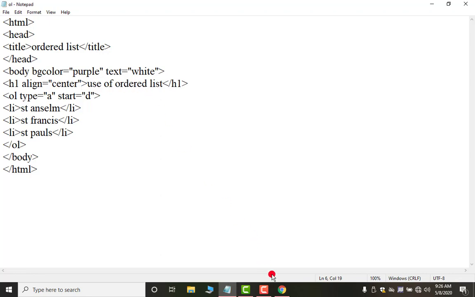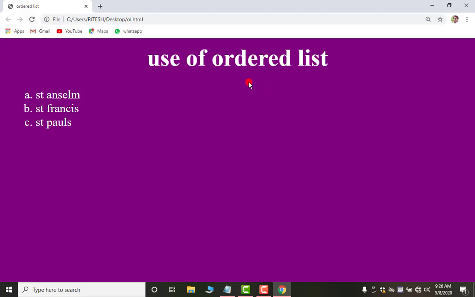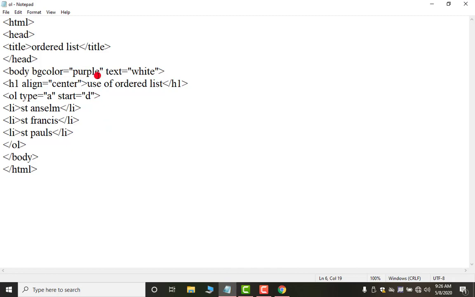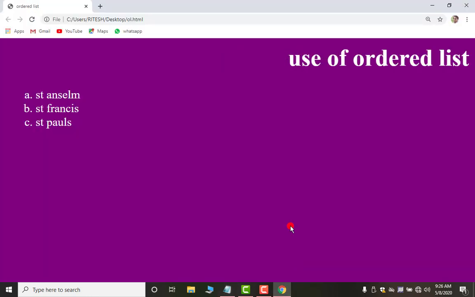Now save it, move to this and press F5. If you want to move to the right, you can write right here instead of center. Now again save it, move to this and press F5.